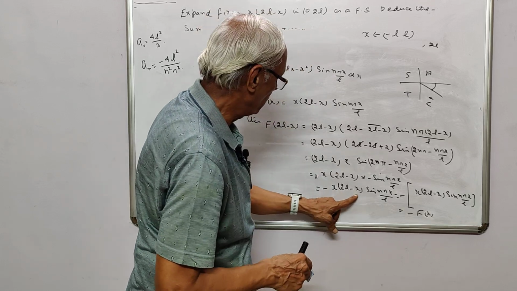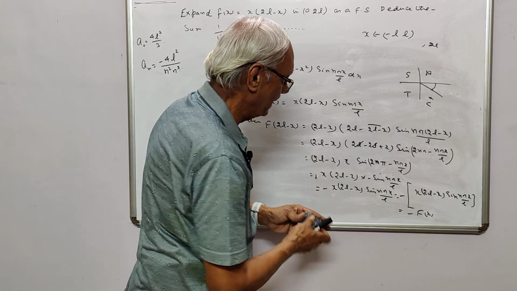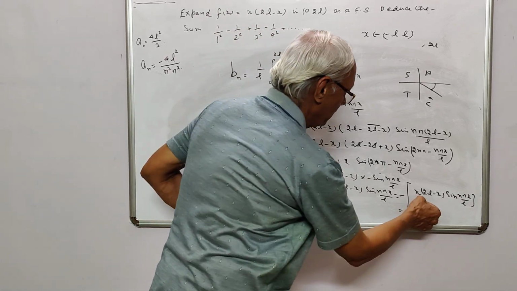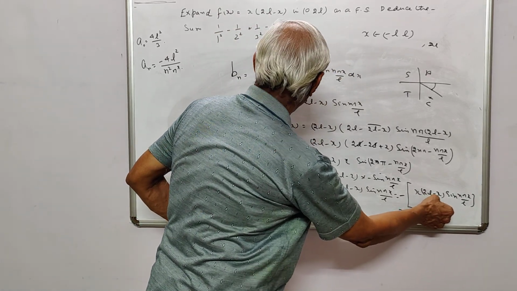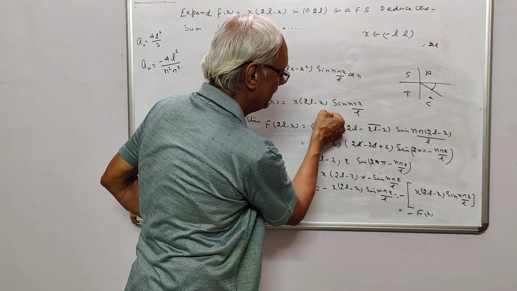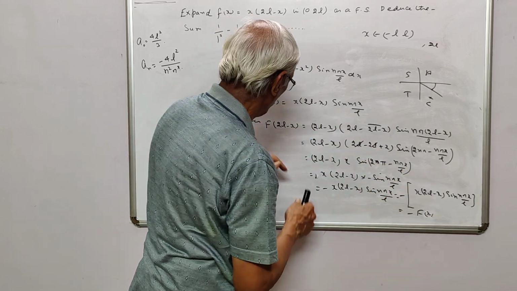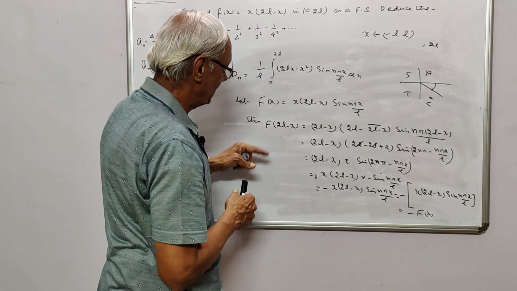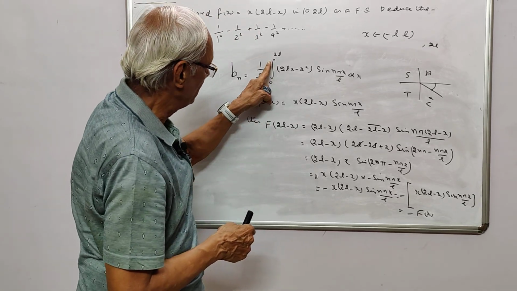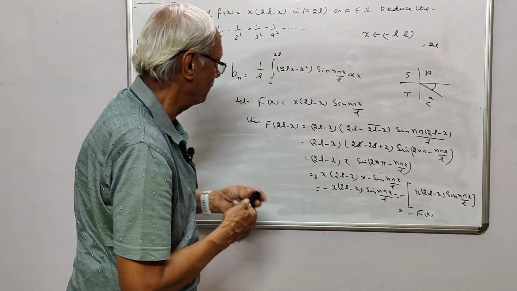See, this one x, you just see that this is, what is this now? So x into, I have taken this x into 2l minus x and sine of this. So you find that if f of 2l minus x is equal to minus f of x, that is